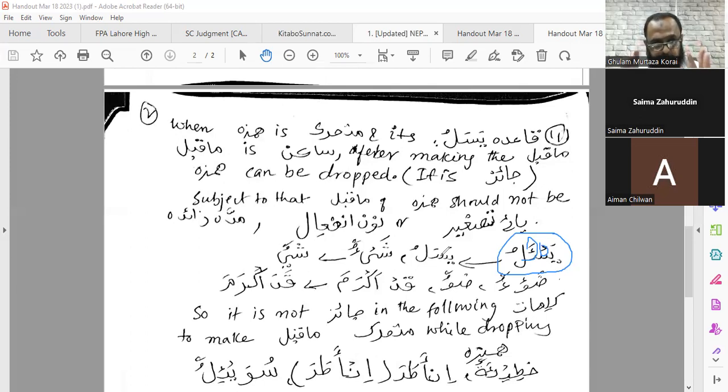Okay. So I repeat, then come back to examples. What is the qaida? The qaida says when Hamza is mutaharrik and its maqabal is sakin, then after making the maqabal mutaharrik, Hamza can be dropped. This is jaiz, this is permissible. But there are three conditions that are supposed to be met before making such a change. What are those conditions? Number one,